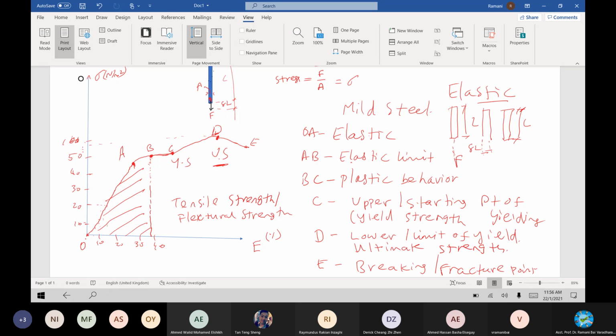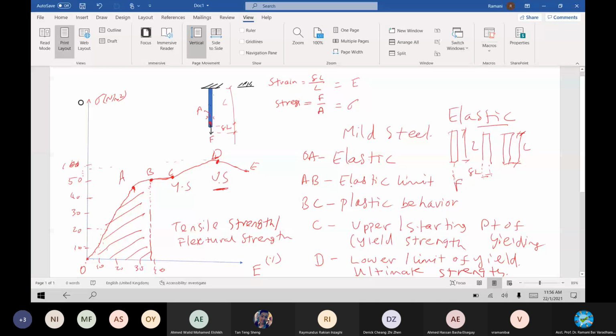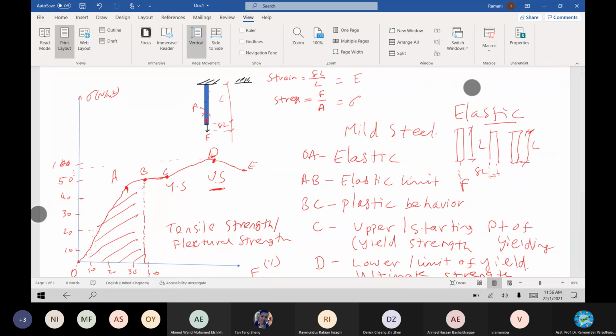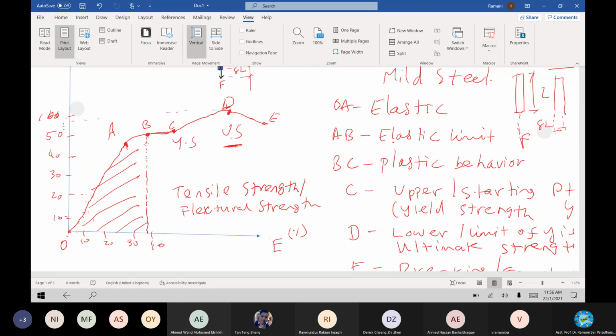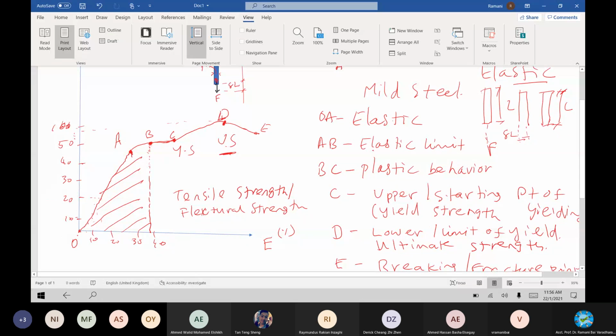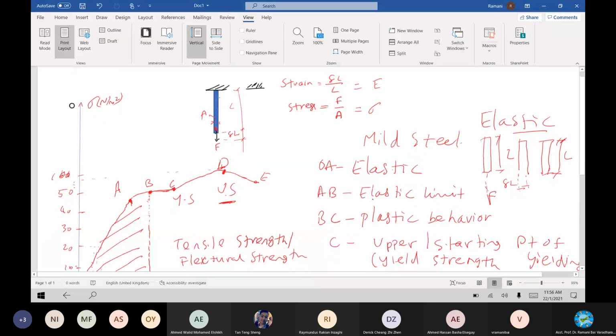Now I'm going to give you the regions for which it is working in a pictorial view. I'm not going to draw because it will be very difficult to draw the shading area. Any question in this drawing? The points achieved. Now we are going to understand the different regions under this curve. That is what is important for engineers. No question.